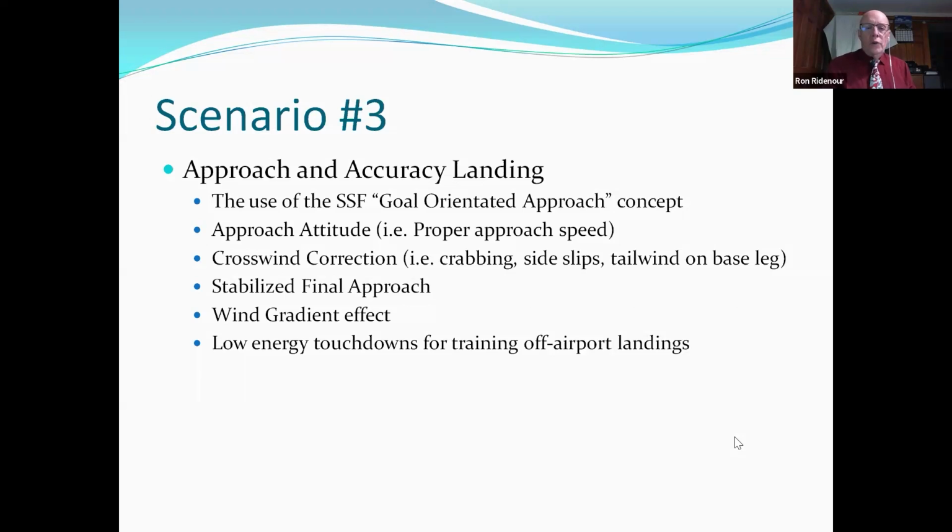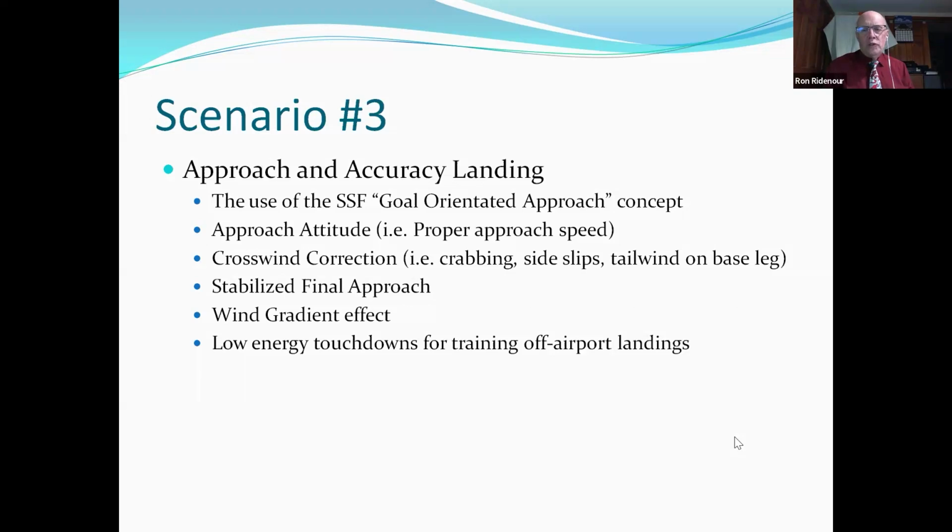So what are the remedies for that? Well, crab a little extra on the downwind leg so that you have a little more time for the tailwind on the base leg. Start your turn on the final sooner. If you start the bank on the final sooner, the worst thing that can happen from that standpoint is